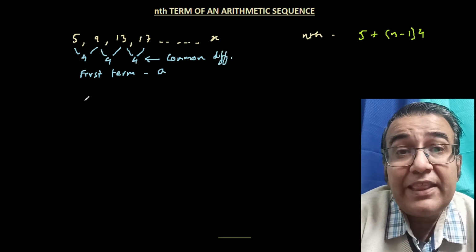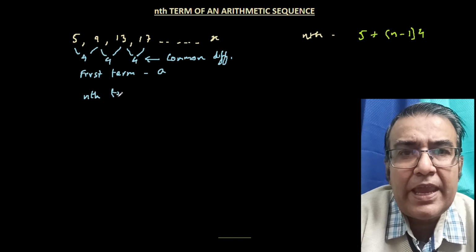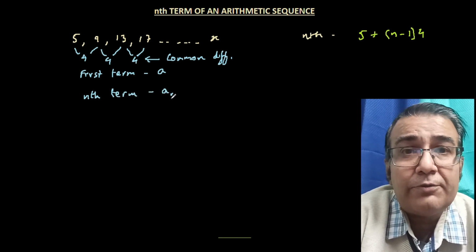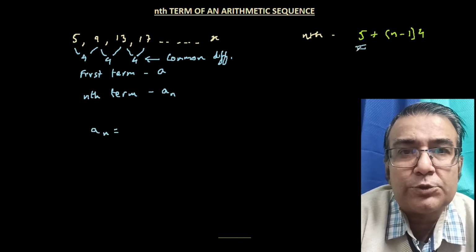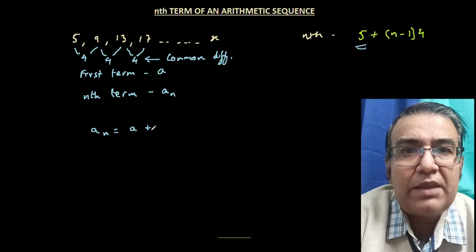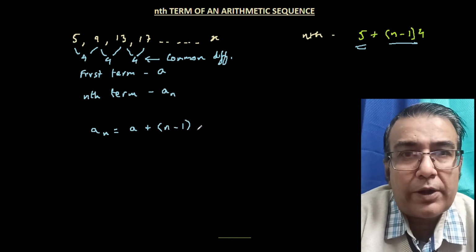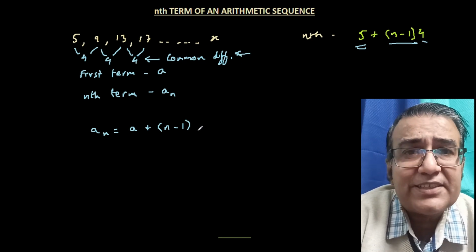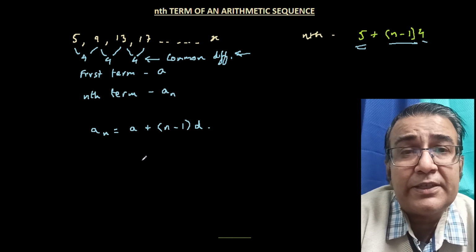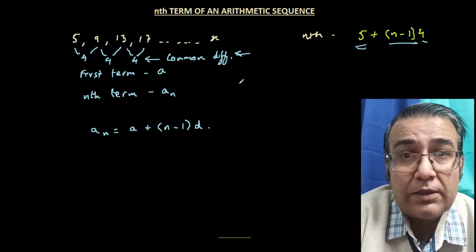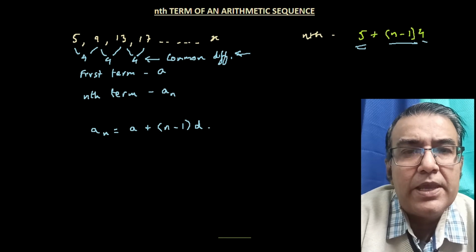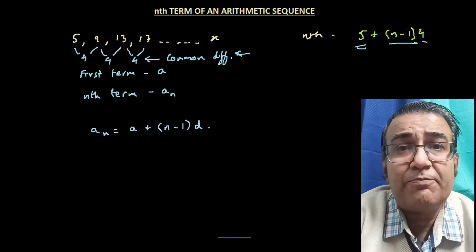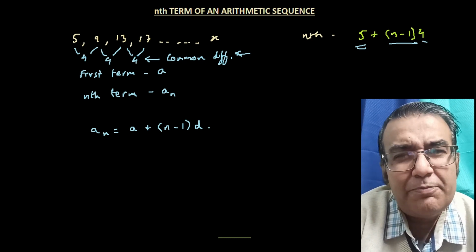Now if we are going to find the nth term, which we usually denote as an, and if we look at the formula that we got earlier, which was 5 plus n minus 1 times 4, so we see 5, which is the first term, so we can write it as a plus n minus 1. Now this is the nth term, so obviously it's going to be n minus 1 times 4, and 4, as we saw, was the common difference, which is generally denoted by the letter d. So guys, that's the formula for the nth term of the arithmetic sequence, that an is equal to a, the first term, plus n minus 1 times d. Pretty easy to understand, pretty easy to derive,